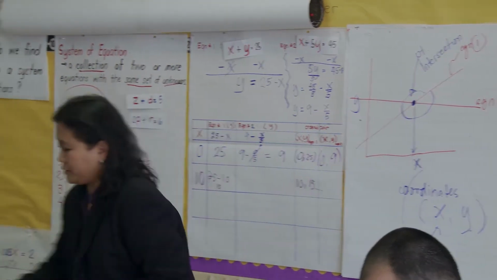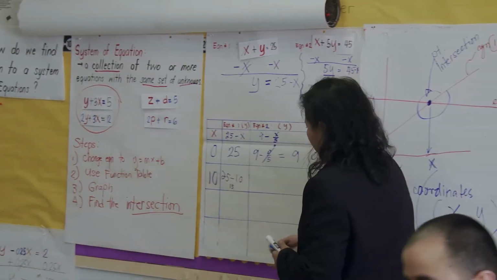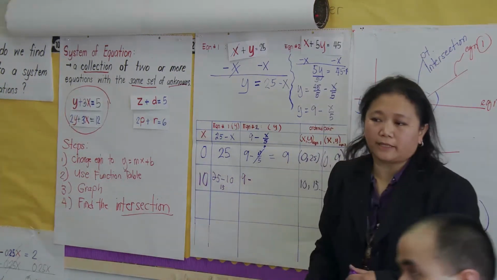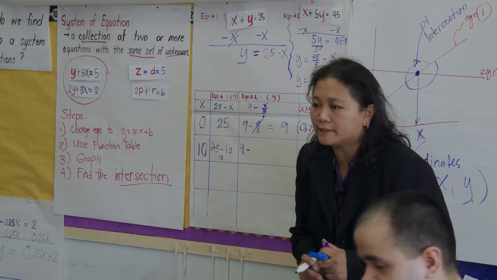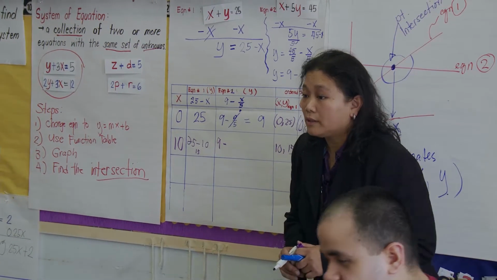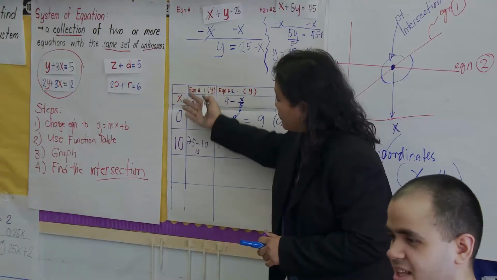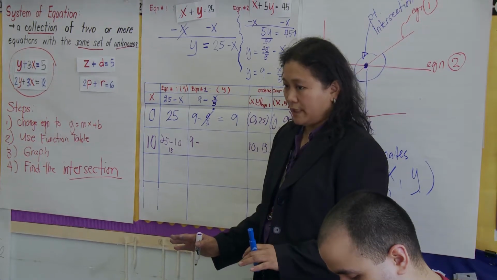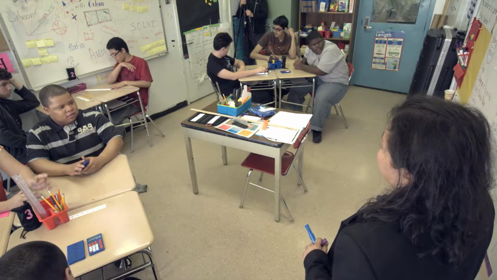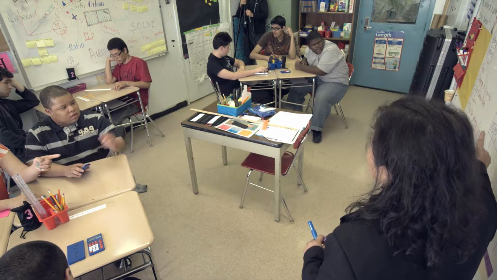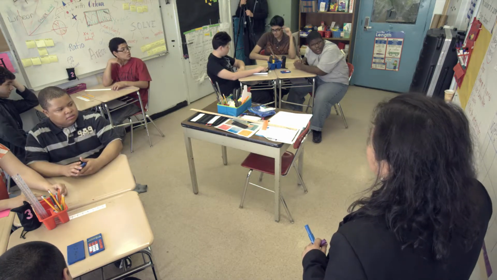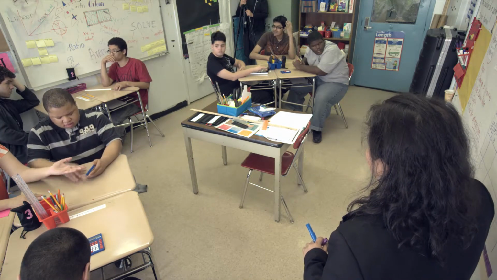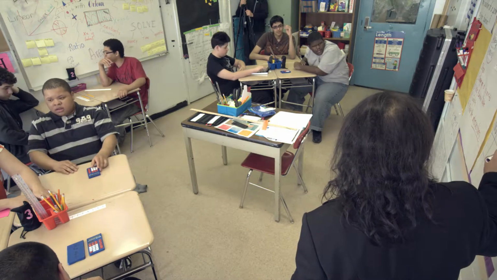All right. So let's go to the next one. Equation 2: 9 minus, what's the value of x? What value of x did we use? Look at the x. Where's the x? Try one more time. What's the value of x? It's 10. Awesome. Okay, very good. So we have 10 over,